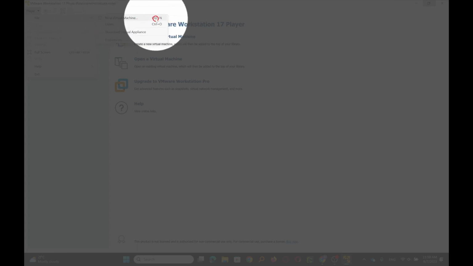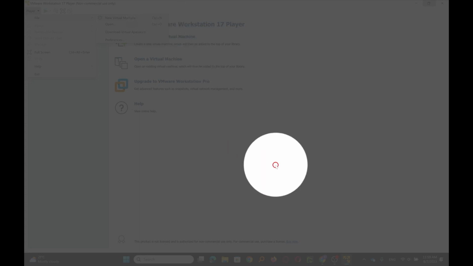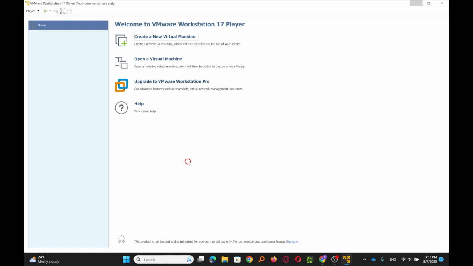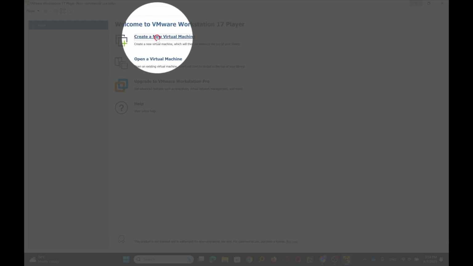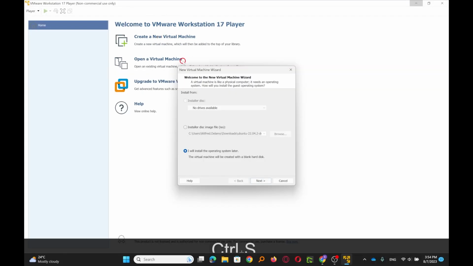Or I could use the shortcut Control-N on Windows or Command-N on Mac. I'm just going to start by clicking on create a new virtual machine at the top. So I'll click on that.